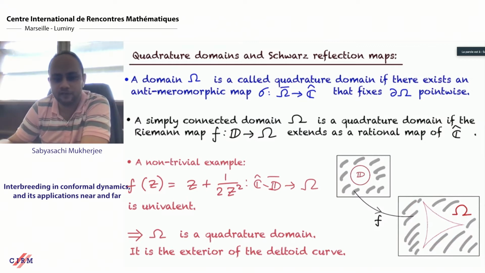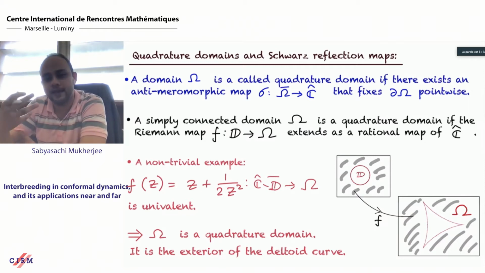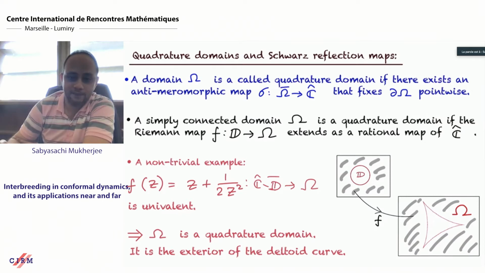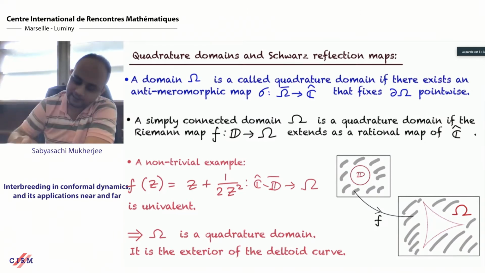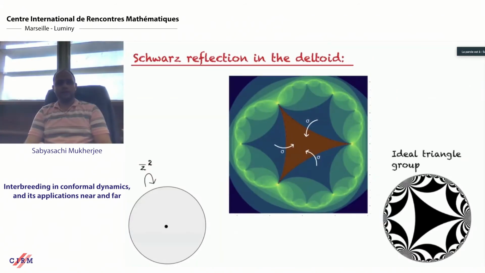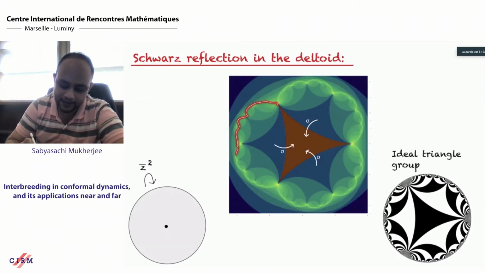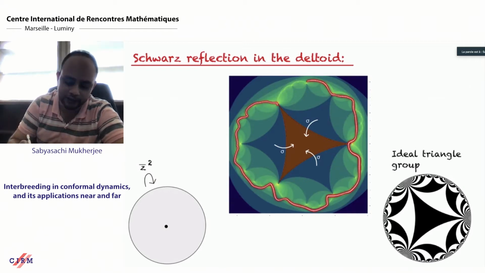And for a partially defined map, two important things come up. Two important dynamically meaningful sets come up, namely the escaping set. So that's the set of all points that will eventually escape to this region where the dynamics is not defined, and the non-escaping set. So the set of all points where the Schwarz reflection map can be forever iterated. And if you try to draw the dynamical plane, the escaping set and the non-escaping set, this is what it looks like. So the escaping set is the interior of this cauliflower-ish curve.